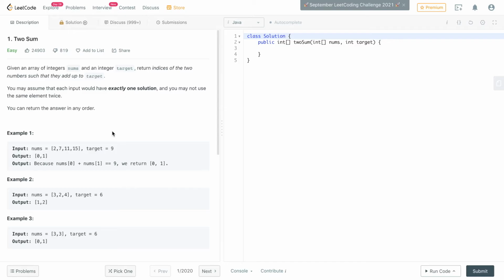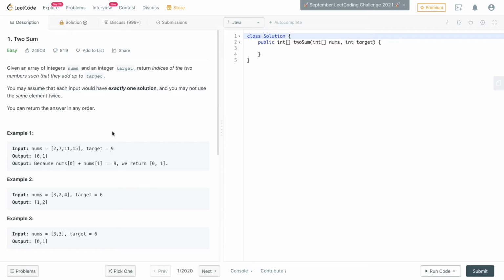So we have to find the output array as indexes. The solution for this problem is not that difficult. In fact, it's pretty simple because we just have to find the sum of two elements. How I think we can solve this problem is, we can create a map of the elements which keeps the number and its index. So if we have the nums array, we traverse each element, and we keep that element and the index in the map. Why we need that map, I'll come to that point in a bit.